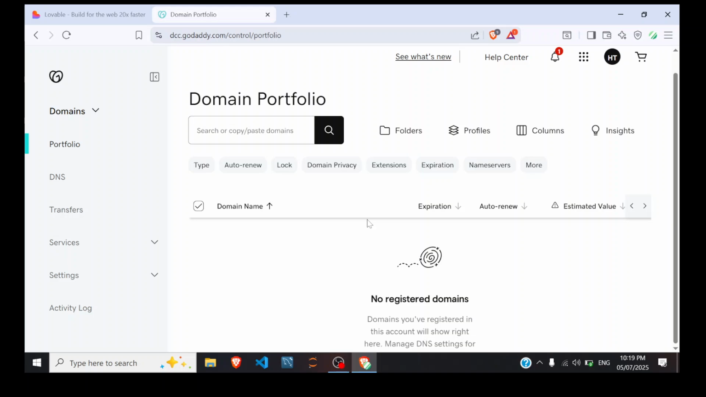Now scroll down to A record section. If there are any A records for @ or www, delete them first. Click Add, choose type A. For the name or host, type @ and for the value, paste the first IP address Lovable gave you and